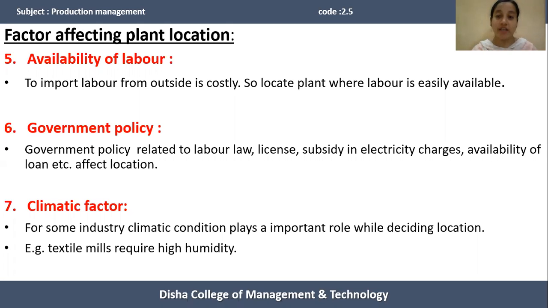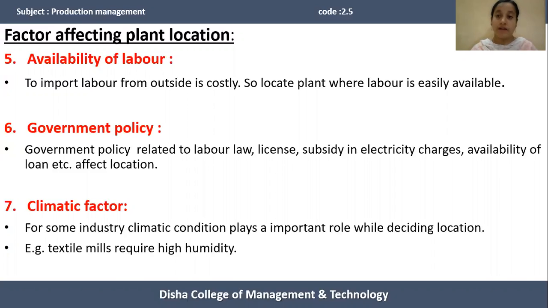And that affects the location of the plants also. Plants' main intention is to produce the goods at minimum cost. Sometimes the government announces that if the industrialists set up their plant in a particular area, they may get a subsidy in electricity charges, easy licenses, easy loans, and a subsidy in tax payments